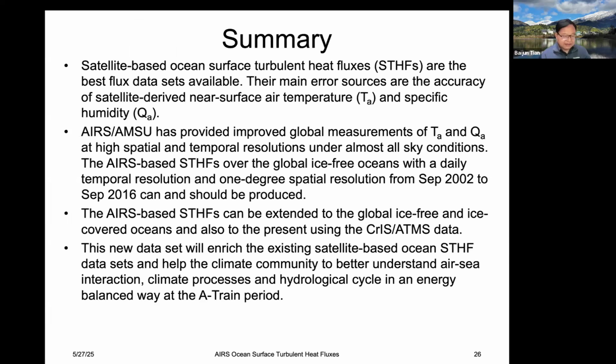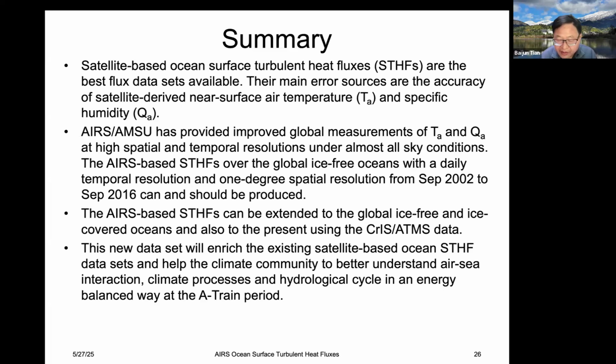And so in summary, basically the current satellite-based ocean surface turbulent heat flux are the best flux data available. The main error sources are the satellite-derived near-surface air temperature T sub A and near-surface specific humidity Q sub A. The AIRS/AMSU, the NASA atmospheric infrared sounder system, have provided improved global measurement of